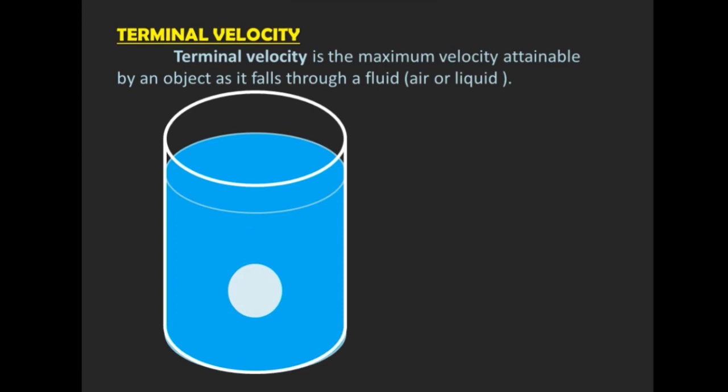Initially, this spherical body will accelerate downwards. Why? Because it has some mass and gravity is trying to pull it towards the bottom of the container. As it falls down, its velocity keeps on increasing, but after a certain point of time,